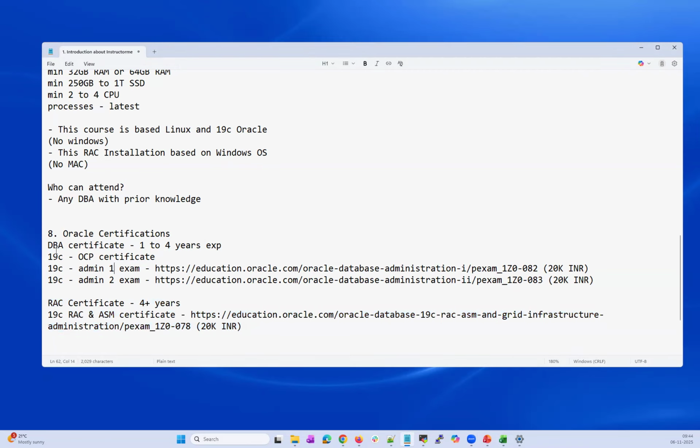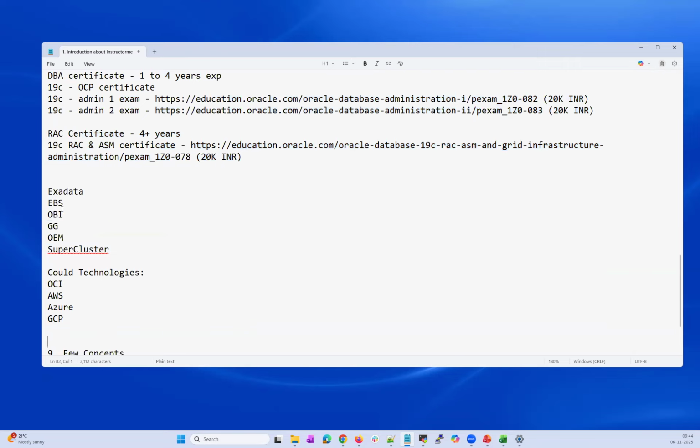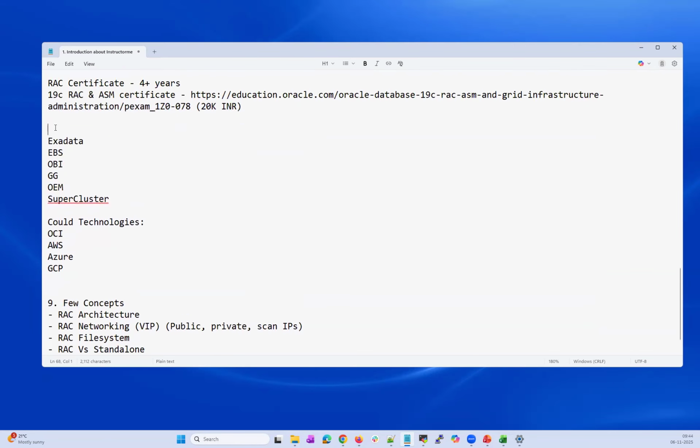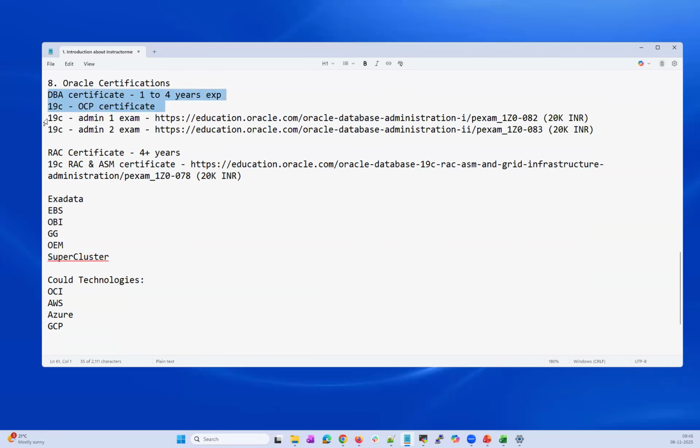On top of these two fundamental certificates, there are many other certificates. Like if you're working as an Exadata admin, you can complete the Exadata certificate. Working on EBS, OBI, Golden Gate, OEM, Supercluster, these are your specializations. These are called fundamental certificates, database and RAC.